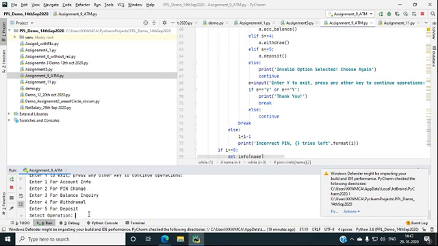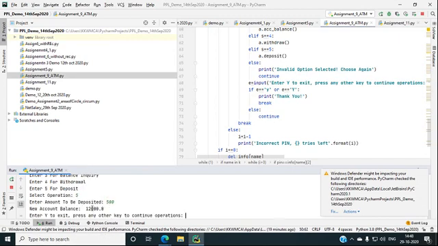Next one is for withdrawing. While withdrawing the money, as I showed you in the program, it already shows your account balance, then the amount, and if you withdraw the money, then it will show the remaining balance of your account, that is 11,500. From 12,000 I subtracted 500 rupees. Okay, if we continue to the deposit of money, and if I deposit 500 again, then it will again maintain the new balance in operations.